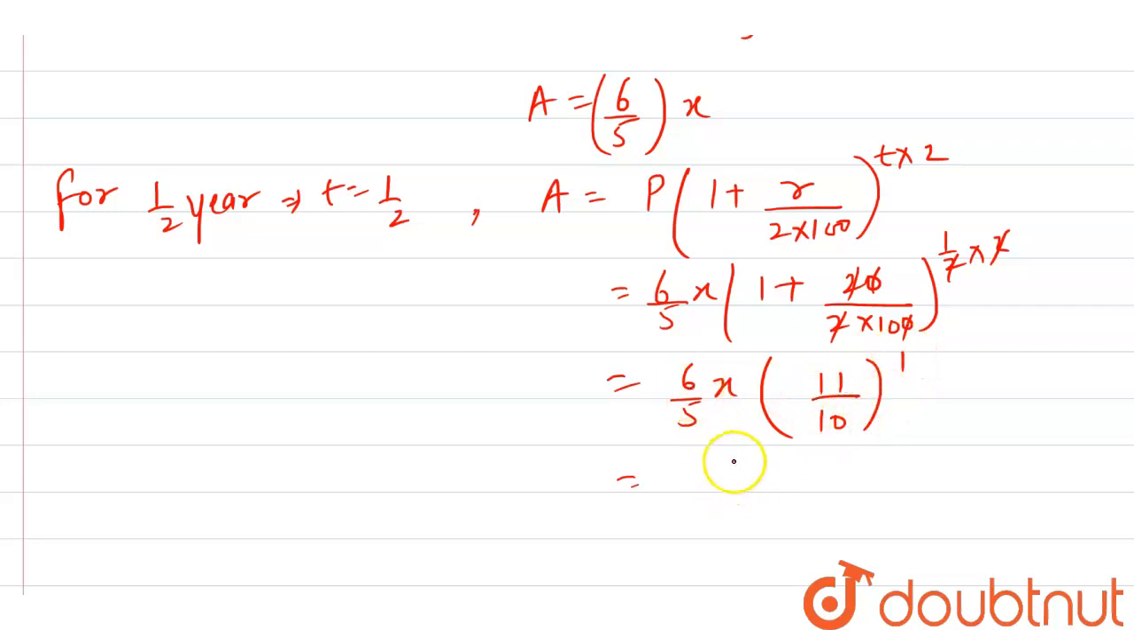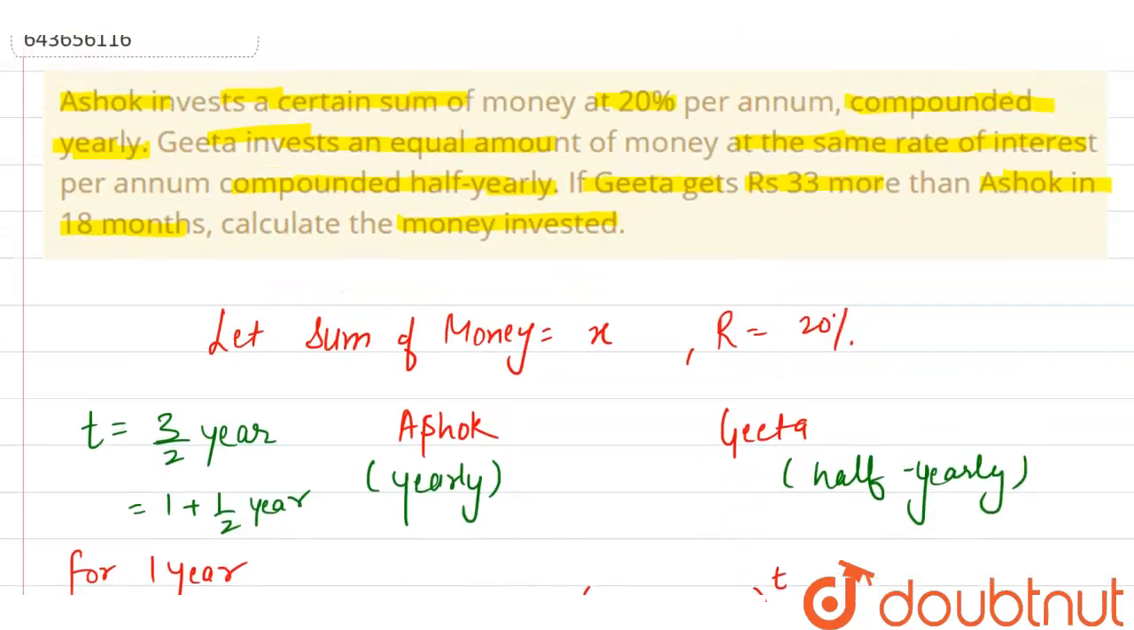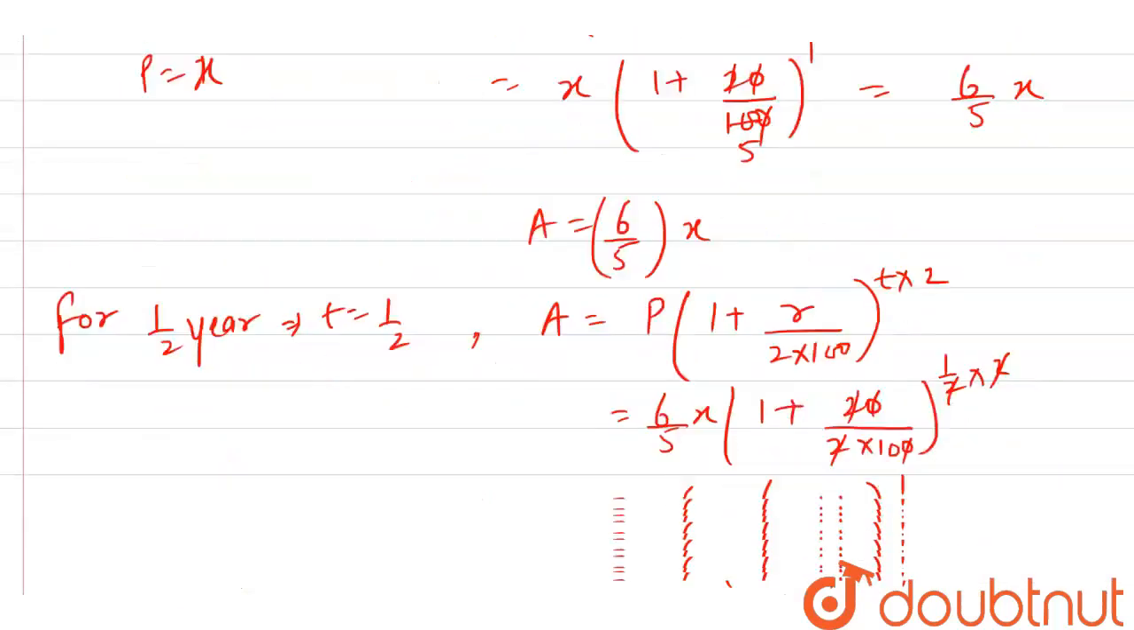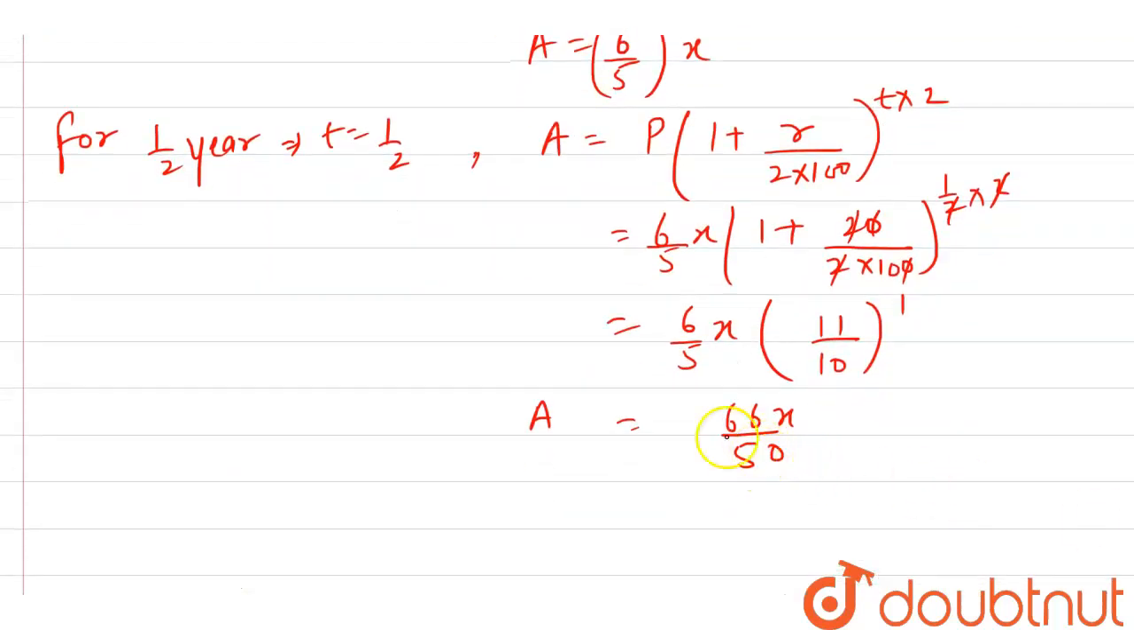Now 6 into 11, that is 66 of x, and this is divided by 5 into 10, that is 50. Here we can say that this is the amount that Ashok will get when he is investing compounded yearly. So A is equal to 66 by 50 x, right? Now for Geeta, as Geeta is investing half yearly,